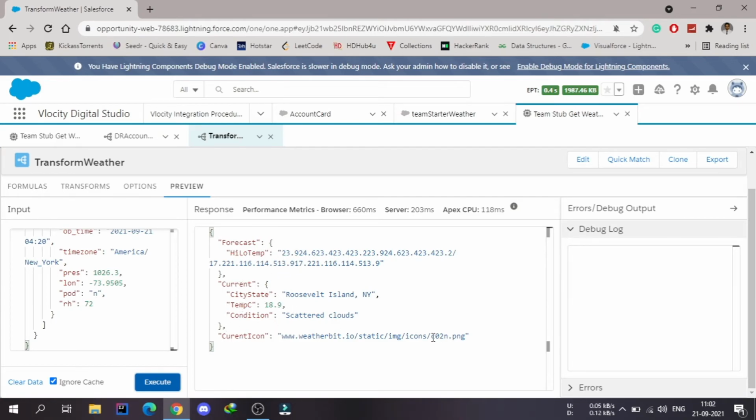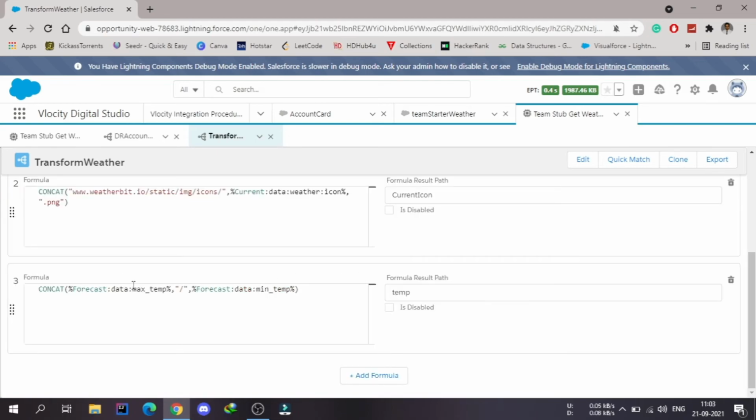So you can see that icon data is already appending here. But one thing you can notice here, that we are getting this high low temperature, I guess for all the days, because this was a list, so it is appending all the data which are coming from there. Currently we are directly using this max temperature and min temperature node, and it comes inside that list. Like if the size of the list is 5, whatever data inside those 5 items, it is appending all the data.